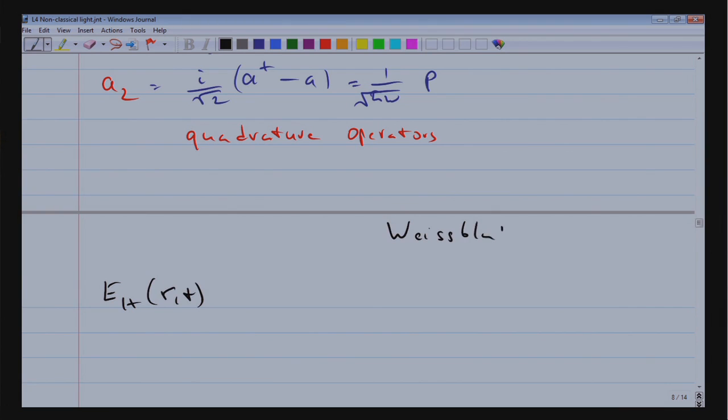And I'm here using the formula which is given in the book of Weisblatt on page 175. Some pages copied from this book have been posted on the website. So we have our normalization factor, which is related to the electric field of a single photon. We have the polarization factor.